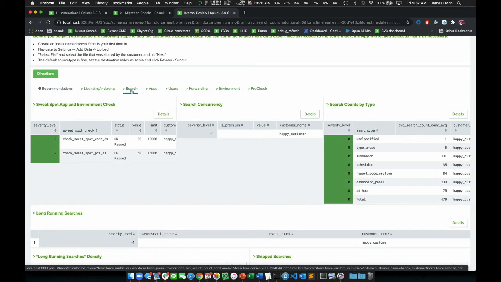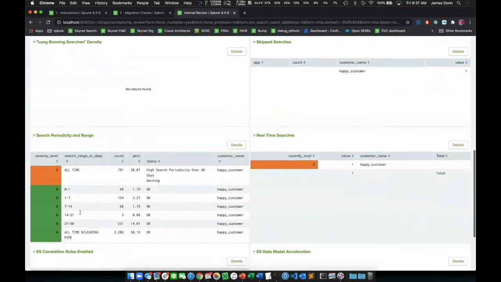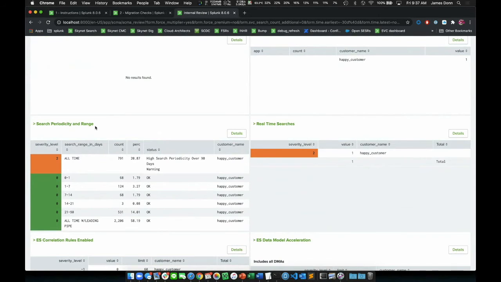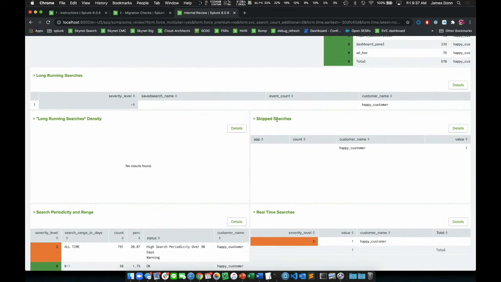Search is probably the most important one. Here we're going to see where long-running searches are. Expect to see something here. You're also going to see your search periodicity and range, as well as skip searches. So these are some of the more important dashboards that when you have a full environment, you'll see a lot